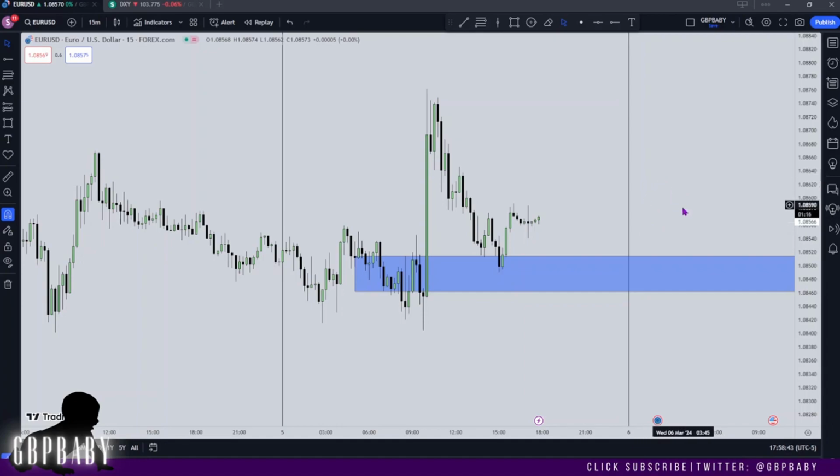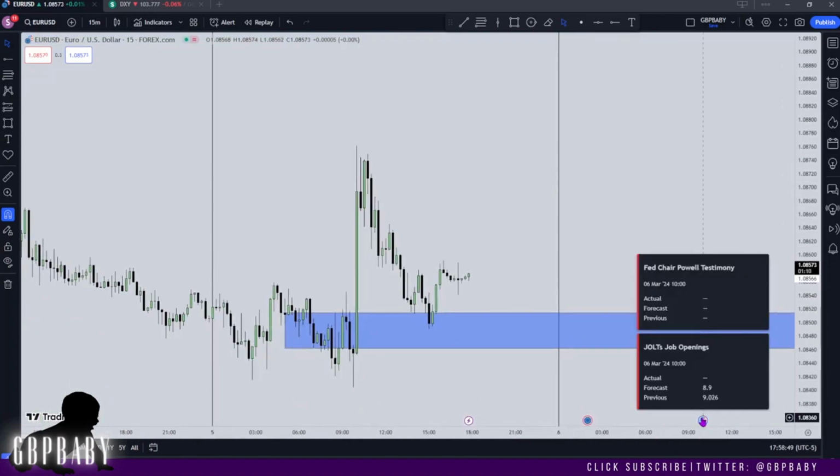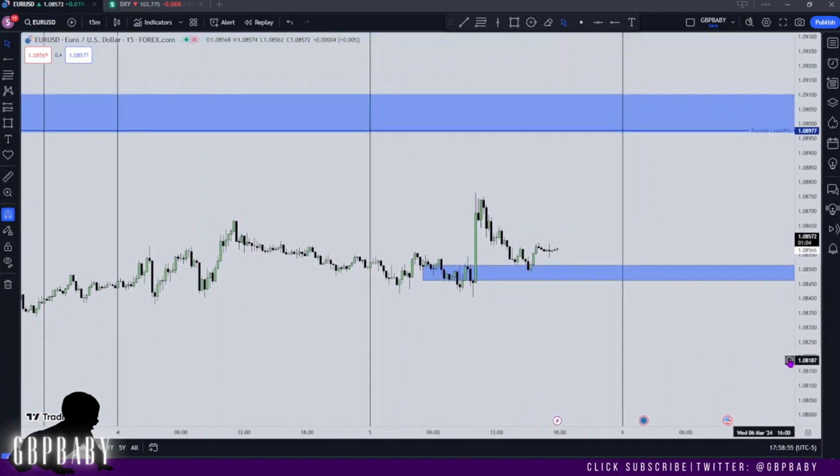If a setup forms, then we can go long, expecting again Tuesday's high to get taken with a potential reach for the buy side liquidity. But we also do have high impact news at 10 a.m. again as well. So tomorrow should be quite interesting. I think tomorrow we'll see a lot more price action, and